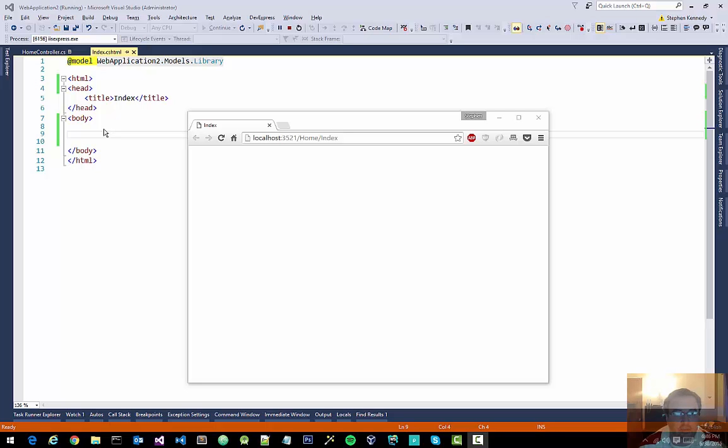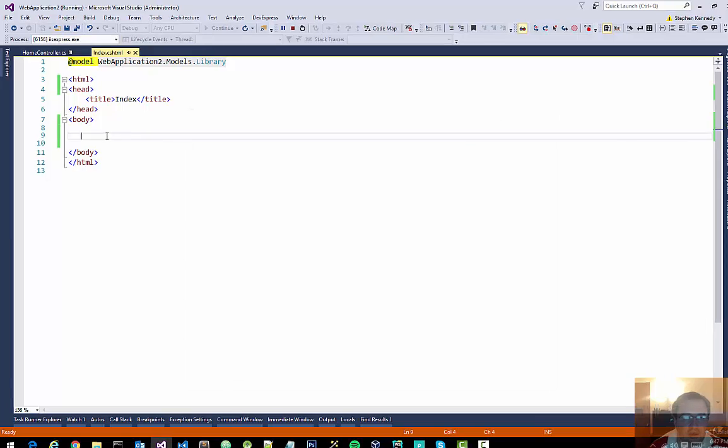I want to quickly talk about how to add a table to your web page. A table is just a fancy name for a grid. And when I think of a grid, I think of rows and columns, just like Excel. Excel or any kind of spreadsheet program has columns across the top left to right and rows across the side, top down. So in order to create a table inside of our HTML page, what you use is